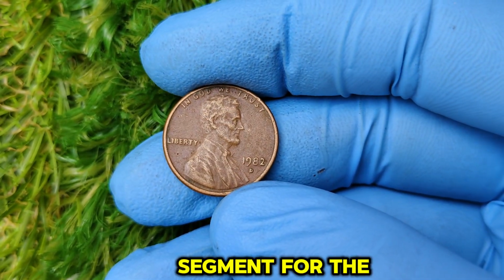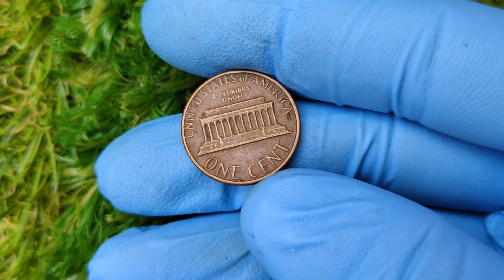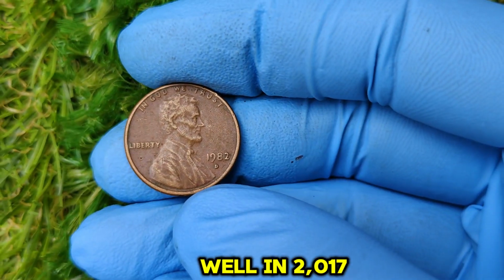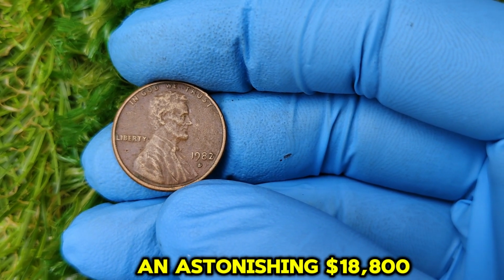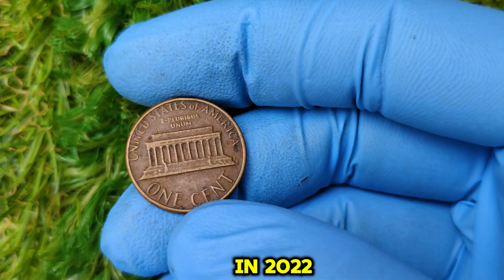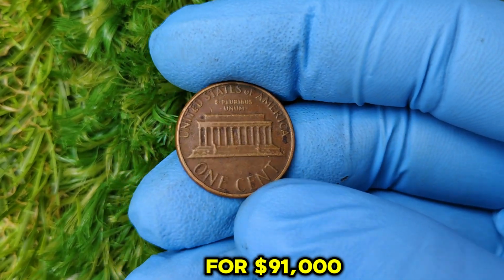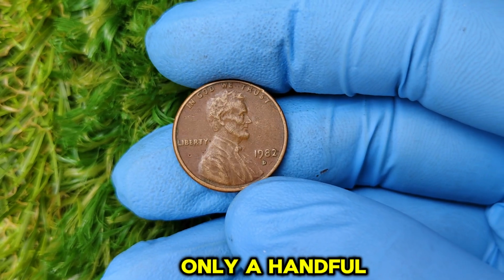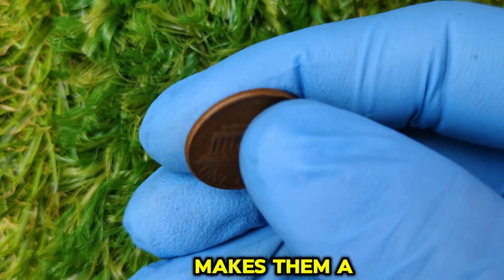The record-breaking sale of the 1982D copper penny. So, why is this coin worth so much money? Well, in 2017, a 1982D copper cent sold at auction for an astonishing $18,800. And more recently, in 2022, another example sold for $91,000. The key to its value lies in its rarity. Only a handful of these copper coins are known to exist, and their accidental production makes them a true treasure